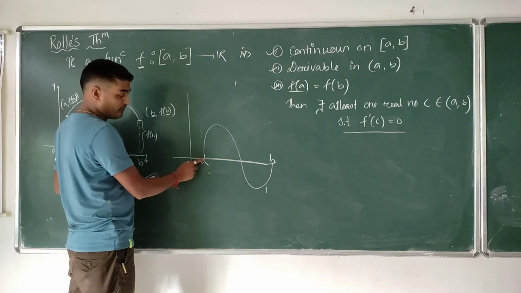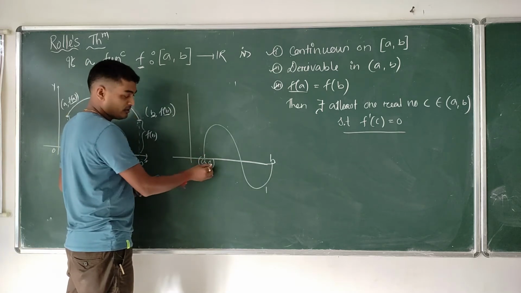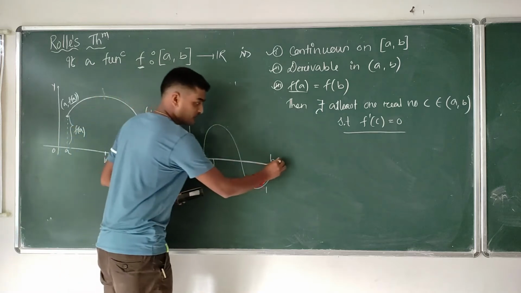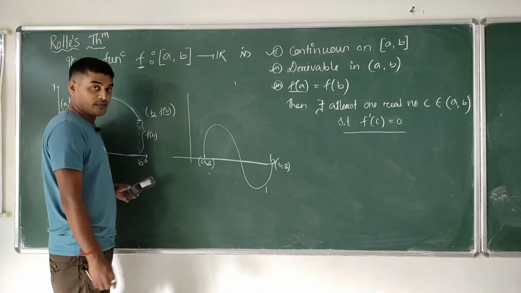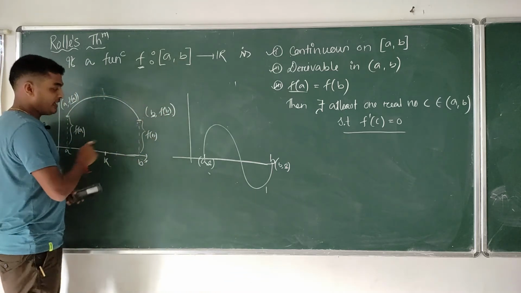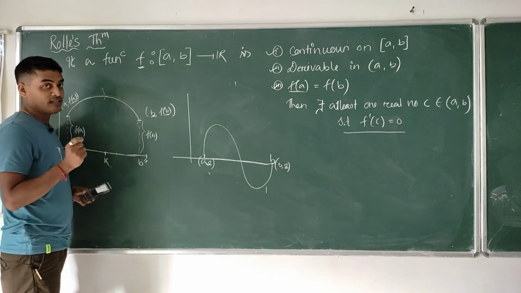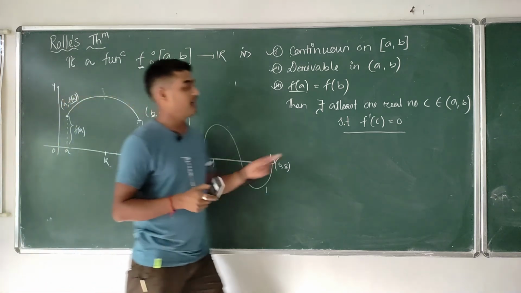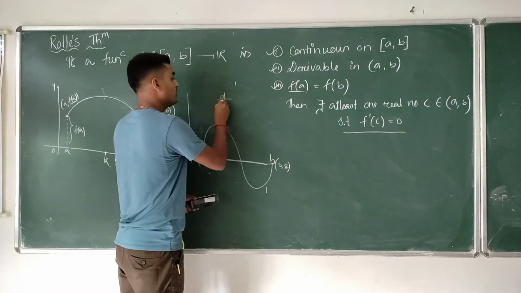And f(a) is equal to f(b). What is the value of f(a)? What is the coordinate of that point? (a, 0). The value of f(a) is 0. What is the coordinate of this point? (b, 0). What is the value of f(b)? 0. Both are equal. Then in this case Rolle's theorem says that in between a and b you will get at least one real number c where f'(c) is equal to 0. What does f'(c) mean? I told you differentiable means dy by dx,